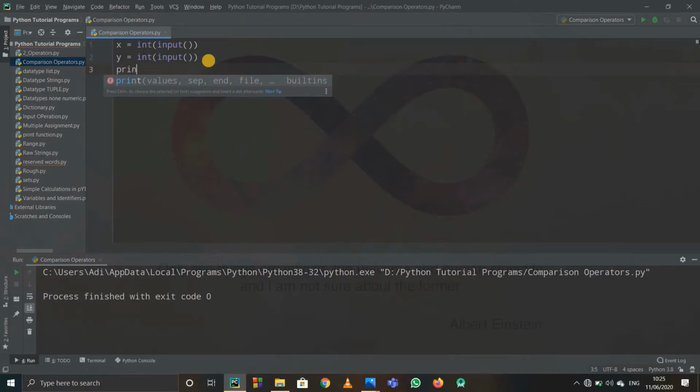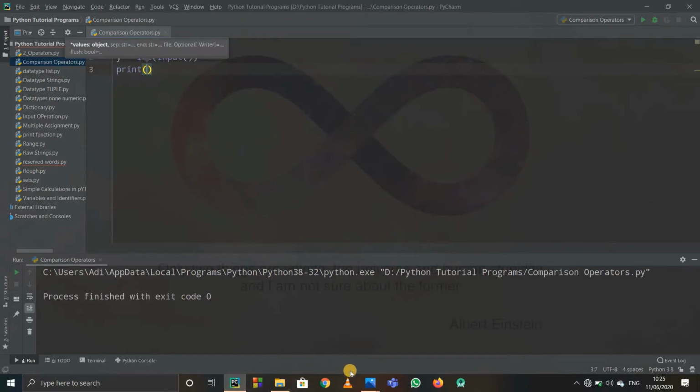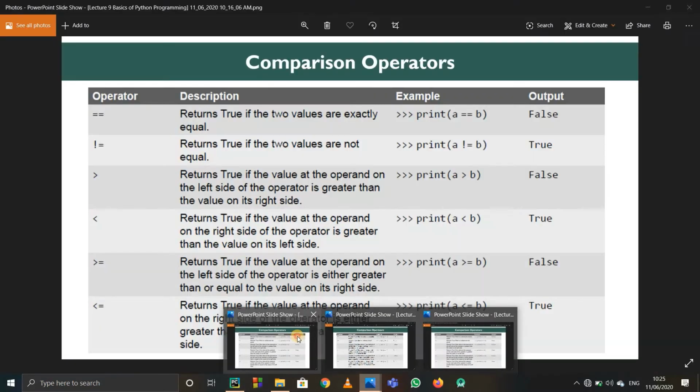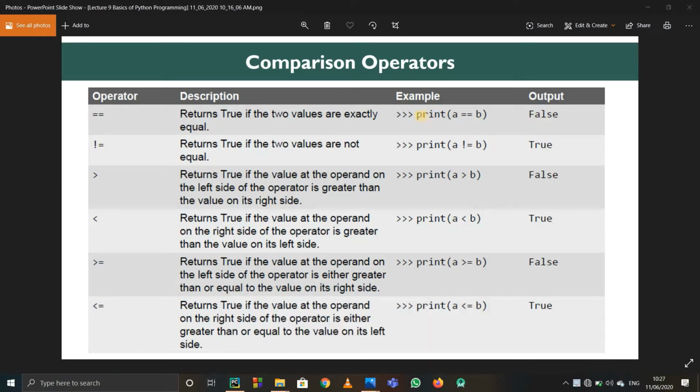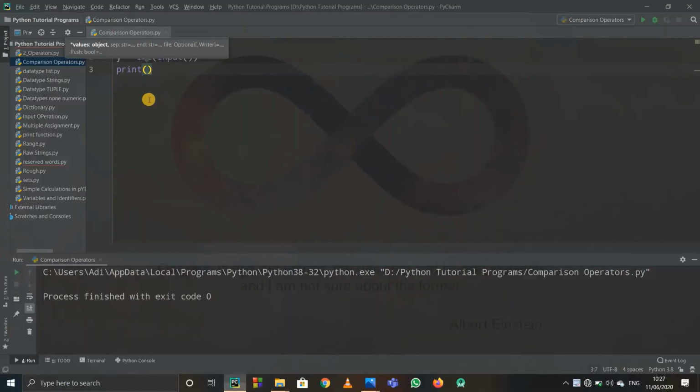I could name a variable compare, or instead of taking a variable, I'll simply print it. That's more nice. So print, if I write x equals to y, like they have told in this picture. They have told us that if you print a equals to b, then the output will be false only if a and b are not equal. So we'll see it actually.